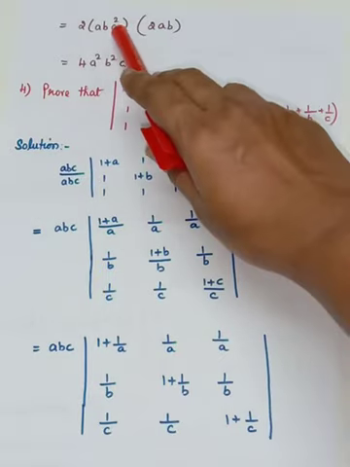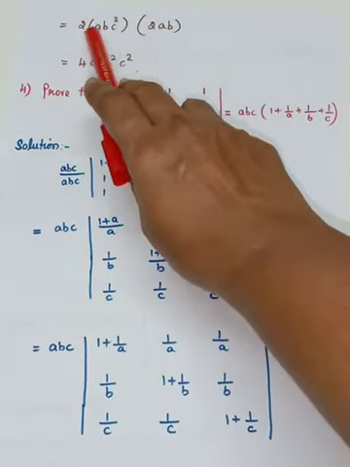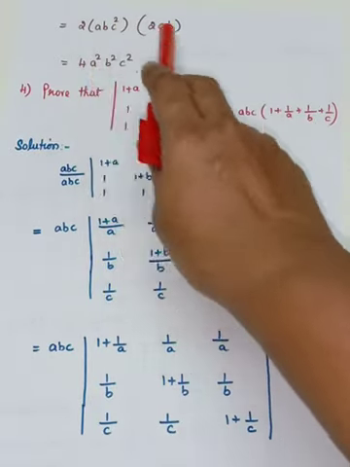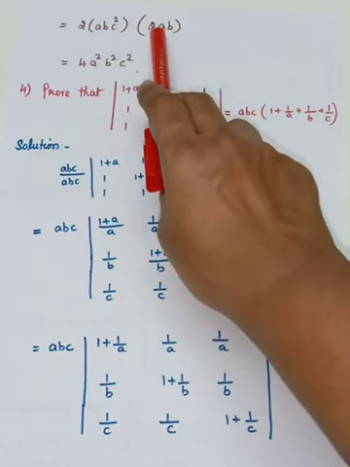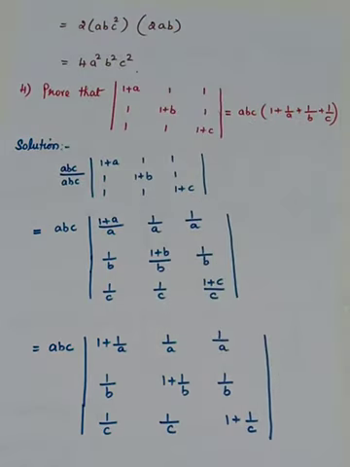So here you will have ABC squared into 2AB. 2 2s are 4. How many A? So 2 A's are there. It is in multiplication. So it is A squared. The same way B into B is B squared. So here C squared. So we have proved the result using the properties of determinant.